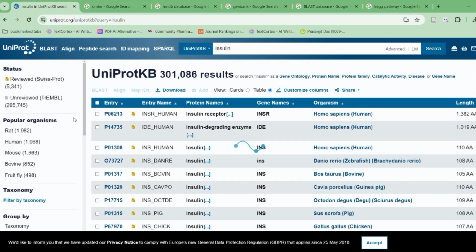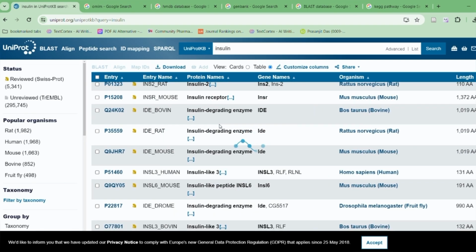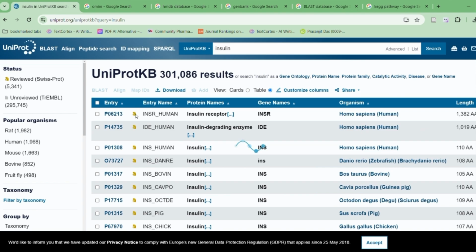In this you will see for insulin we are getting several results, and this symbol means that it is verified by Swiss-Prot, so it is manually annotated, whereas the other one, that is TrEMBL, is not manually annotated yet, and its status is still pending, like it has to be reviewed again. Suppose we click on this one, that is INSR human insulin receptor. Here we have the entry number as P06213. So we will click on this,